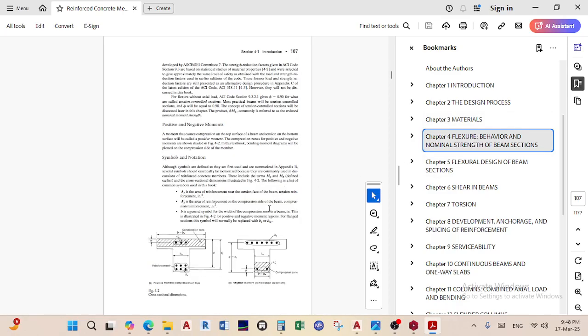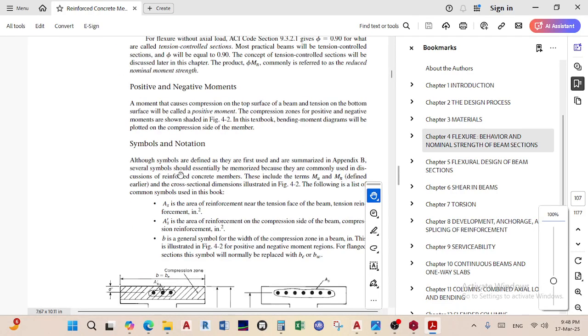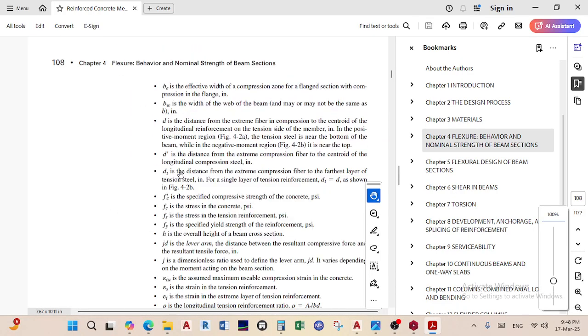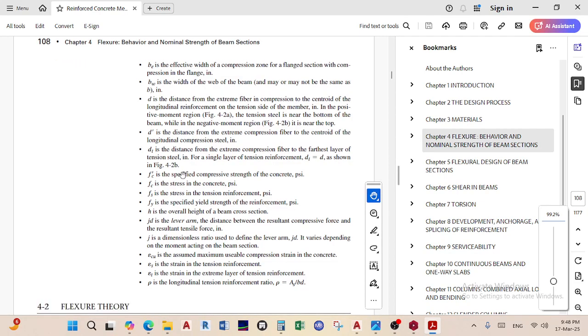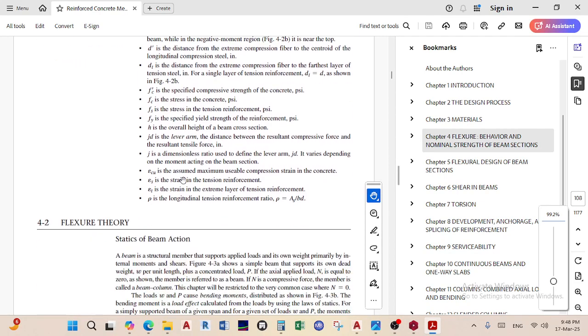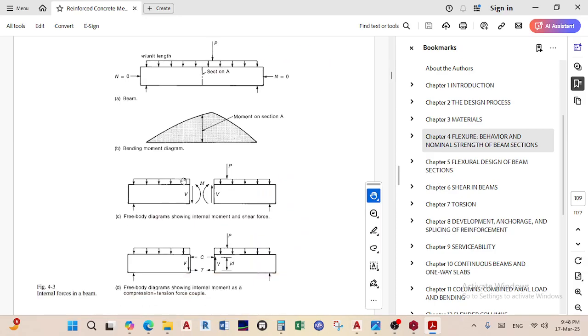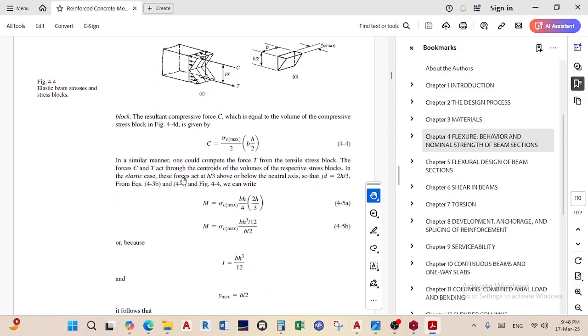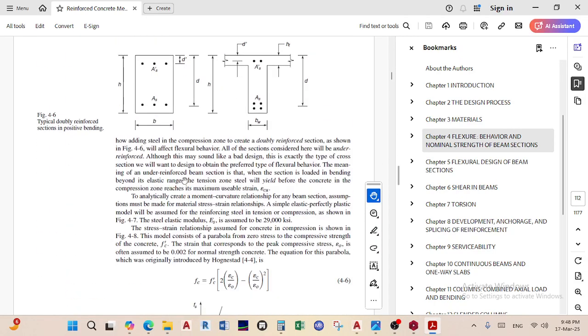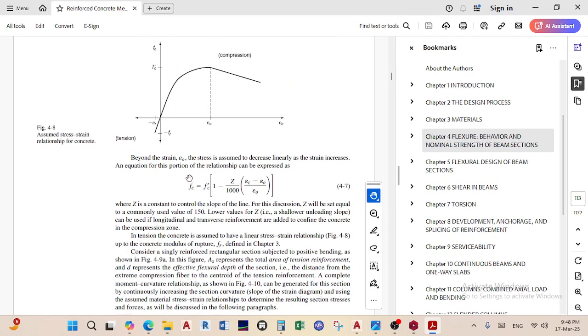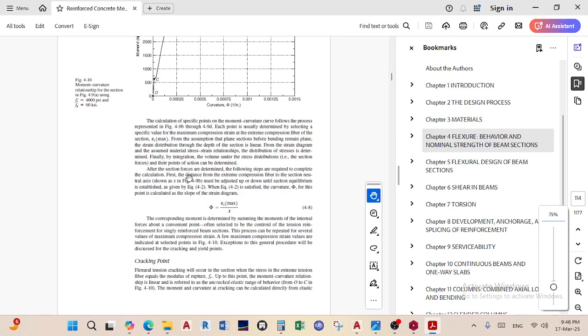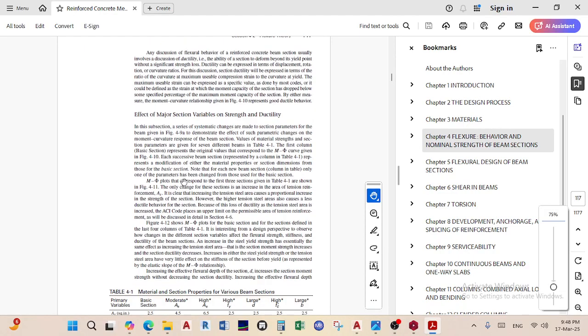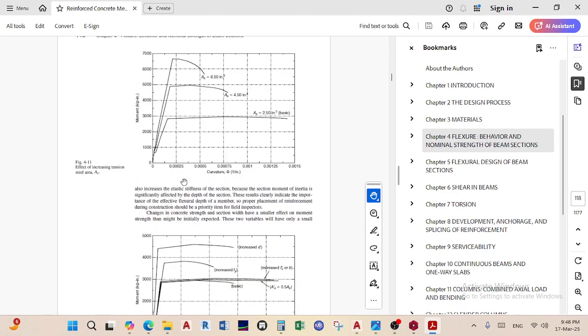So if we go to an example in chapter 4, I probably should not waste a lot of time. This book has got ACI, and it's got imperial, and it's got SI examples. So when I go to,